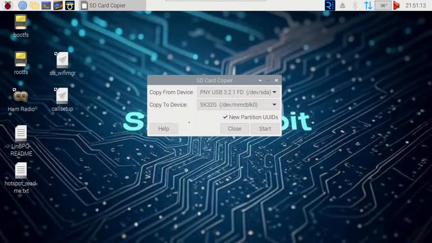Go ahead and click close, and then I would recommend that you shut down your sBitx, either from the menu or from the sBitx application. Remove your USB card or USB disk, and then power up your sBitx again and see if your changes have made it over. So if it was successful, what you'll see is if you had a different background,